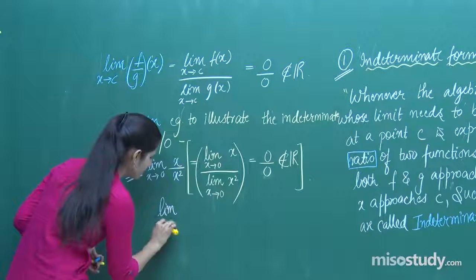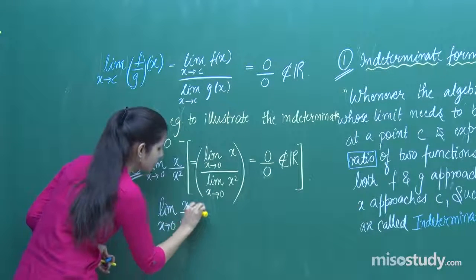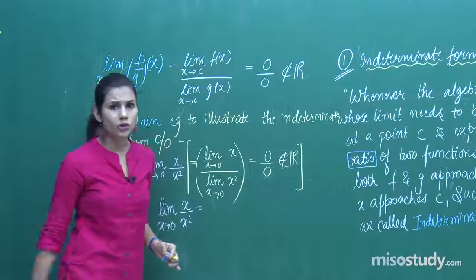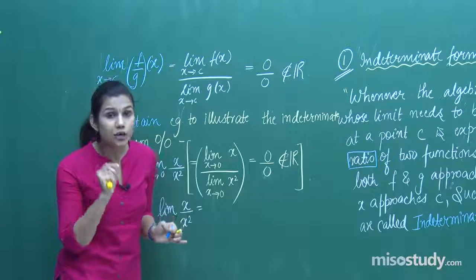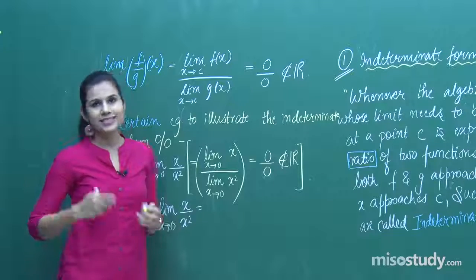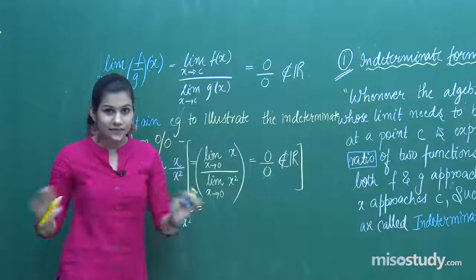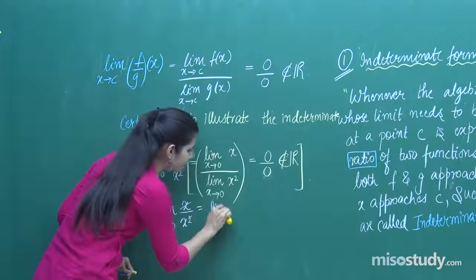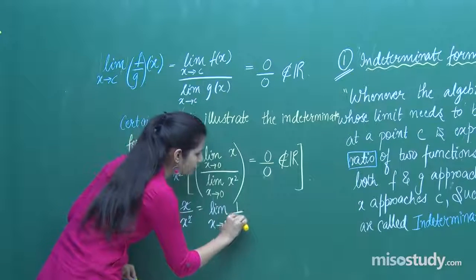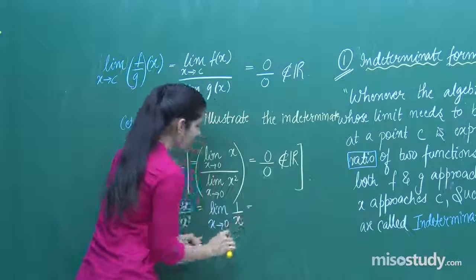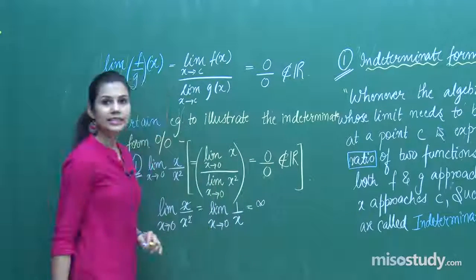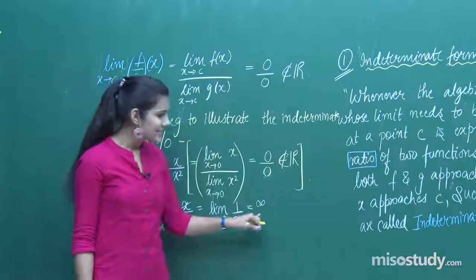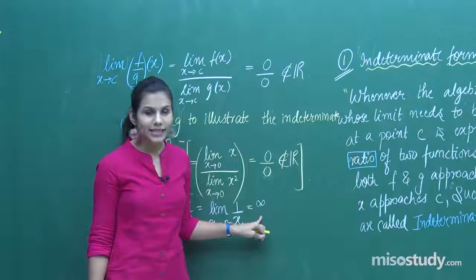See, if x is approaching 0, x is a number very, very close to 0. It is not equal to 0, it is very, very close to 0. That means always x is either positive or negative. It is never 0. And when x is not 0, I can cancel these x's with each other. I am going to be left with 1 upon x, which is infinity. Right? That means this function x upon x square has limit infinity, or basically I can say it is diverging to infinity,